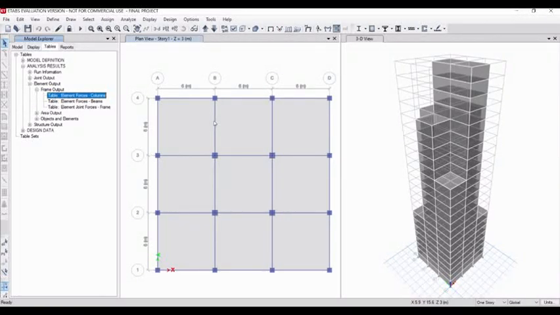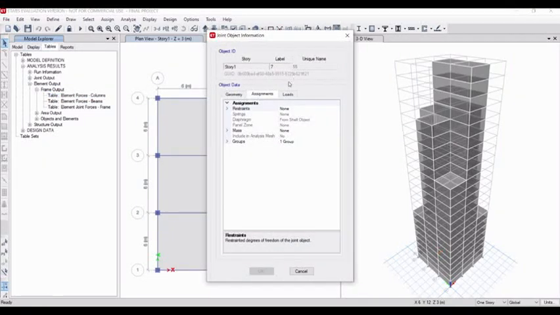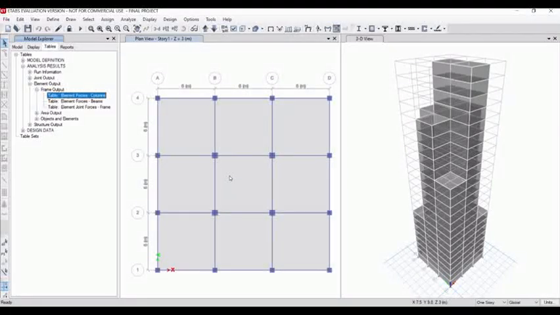Now, according to the question, we will draw our foundation in the drawing, and if we have to know the column sections, we just click on the column here, right click on the column and go to the geometry. Okay, just a second.